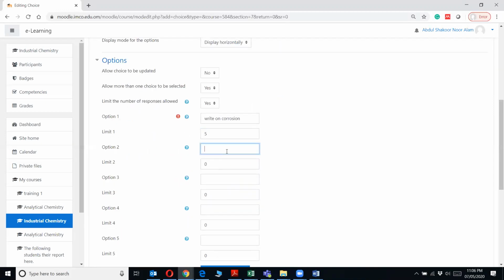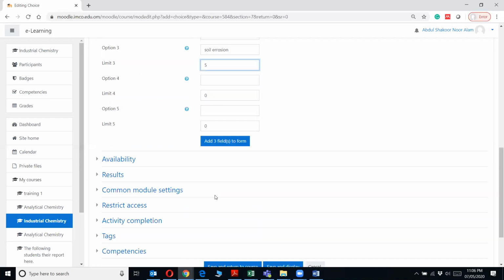The second option is water pollution, and I limit it to 4 or 5 students; it's up to me. The third option is soil erosion. I can limit it to 5 students. You got my point?